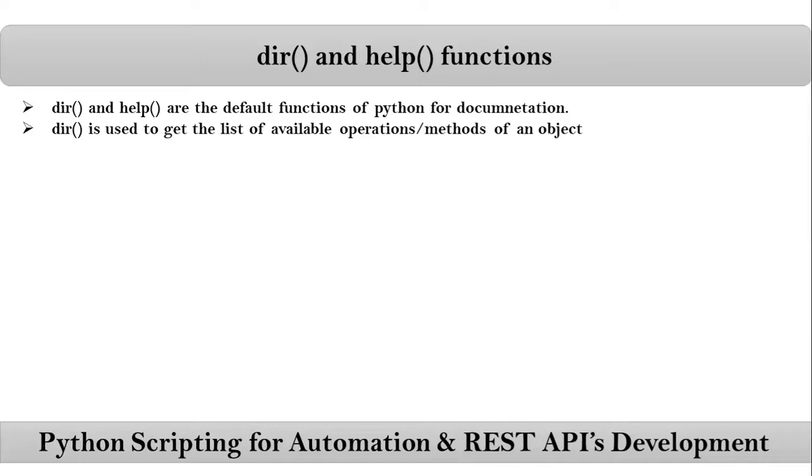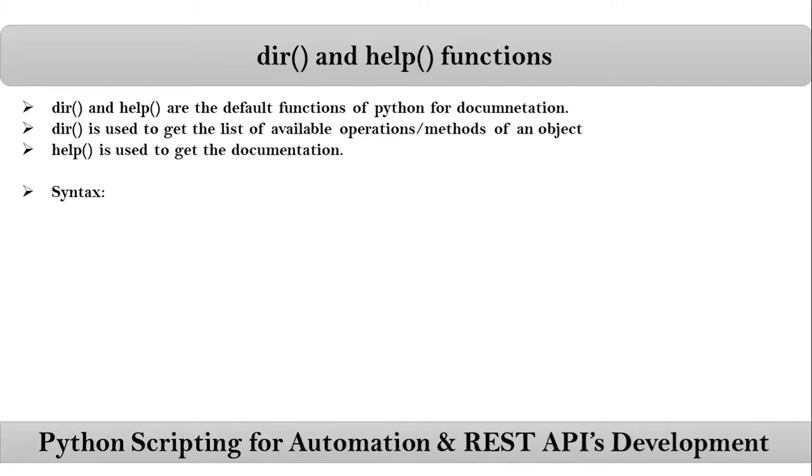Data types we know. They are like integer, float and string. So we also have data structures. They are like list, tuple, dictionaries and sets. Very soon we'll discuss data structures as well. Fine. Then help is used to get the documentation. And here that documentation is the default documentation from your Python software.